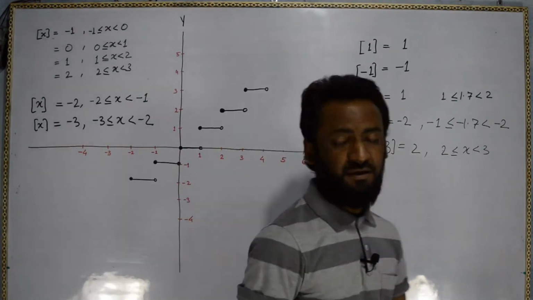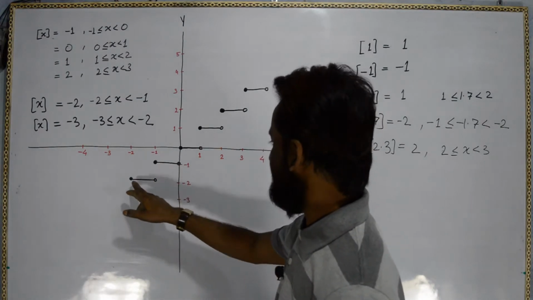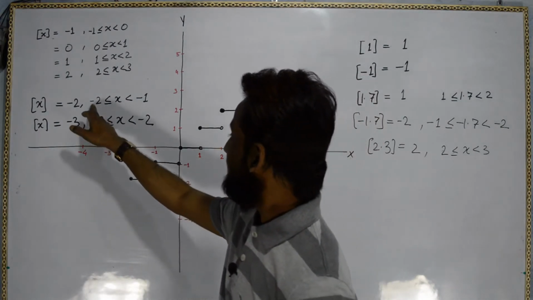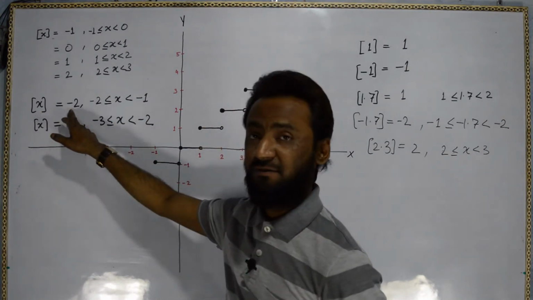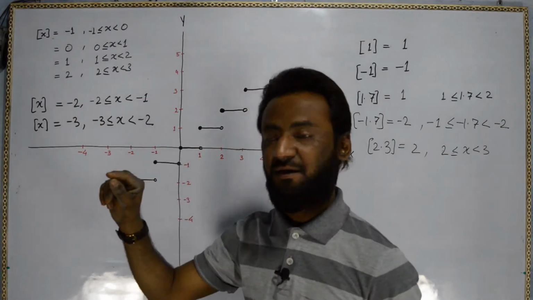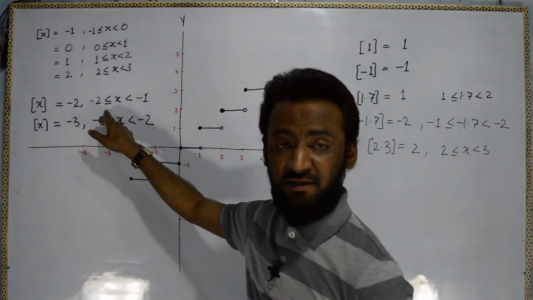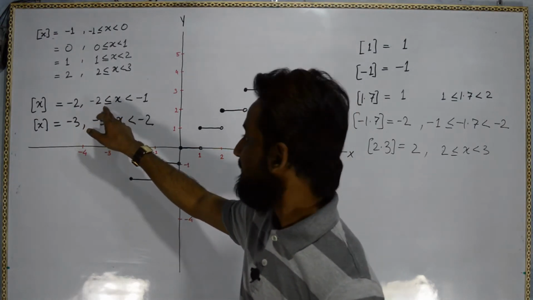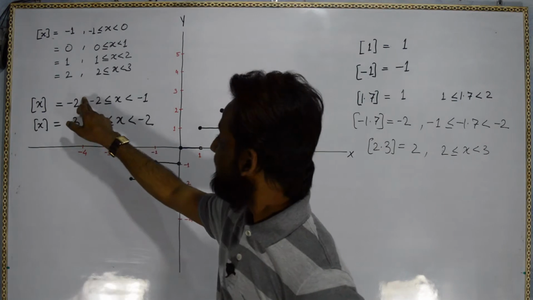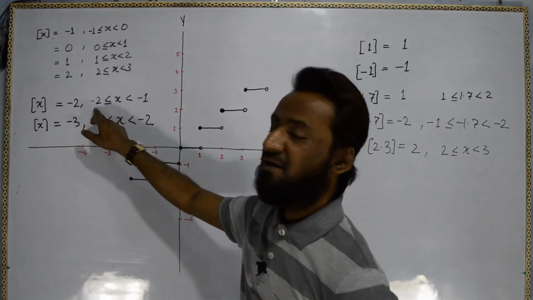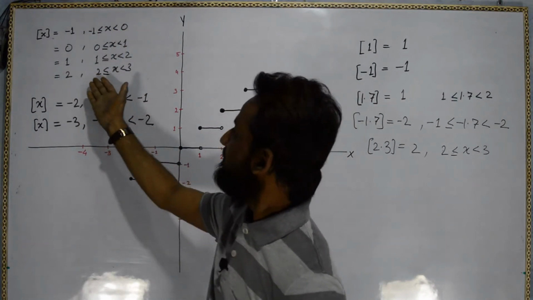Okay, we have the graph of the greatest integer function. When the value of x is in between -2 to -1, the greatest integer function takes the value -2. Go through the definition again, and you will find that it assumes the greatest integer value less than or equal to x. Of course -1 is bigger than -2, but it has to be less than or equal to x. So -2 is here, less than or equal to x. In the same way -3, and positively it goes like this.